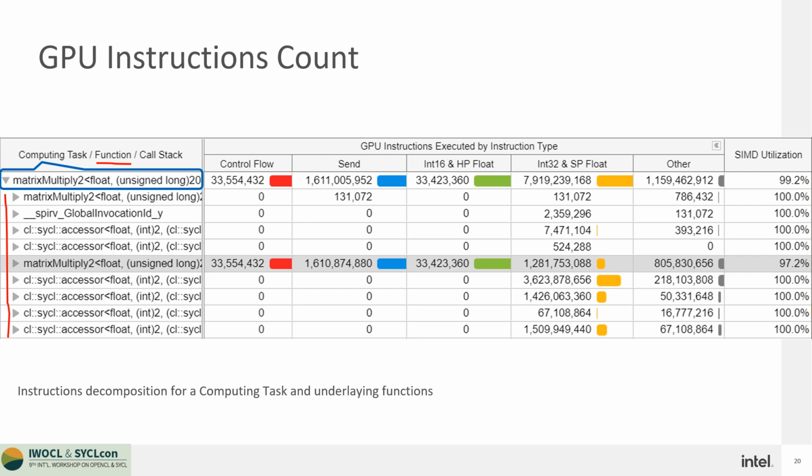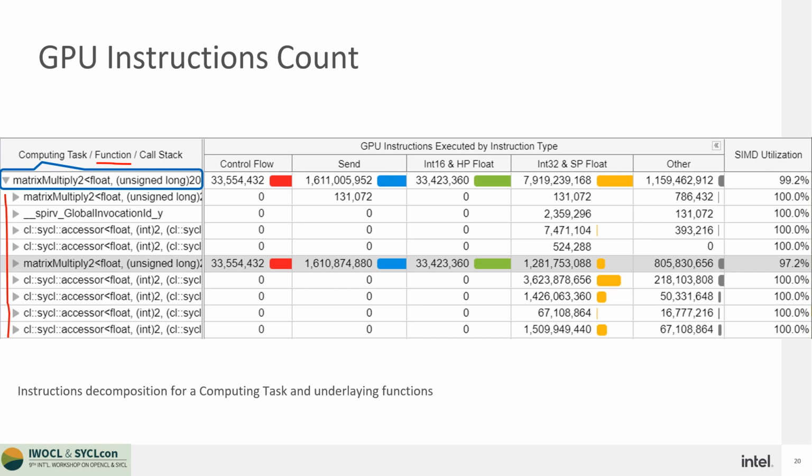In addition, successfully vectorized instructions is one of the key goals for good performing applications. So you might also want to understand if SIMD instructions were generated or not for the particular execution kernel. So a separate GPU instruction count